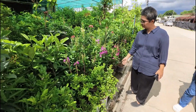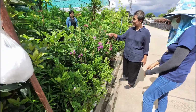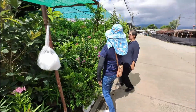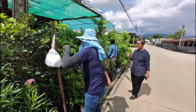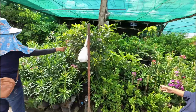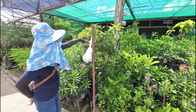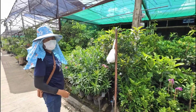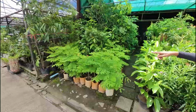Yeah, Kundal was just telling Pansara about how this plant will grow, how big it will grow, how much it will spread out. And then, yeah, introducing her to these ones here, which are lovely flowering plants that